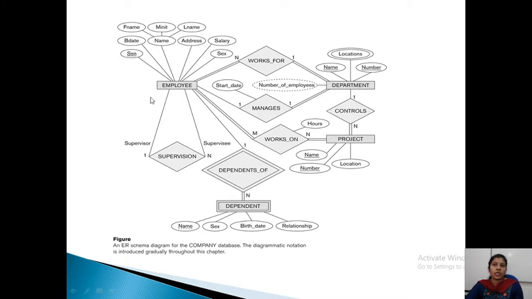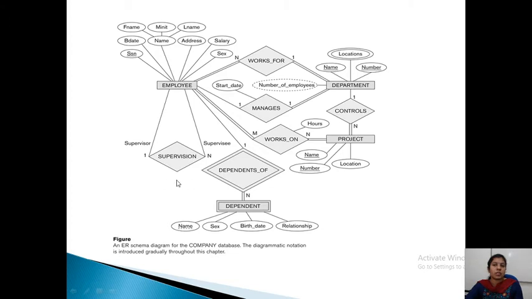Now, how are these related? Employee works for department, and employee manages some of the departments, and here you can see the start date. This is the special attribute of this relationship.